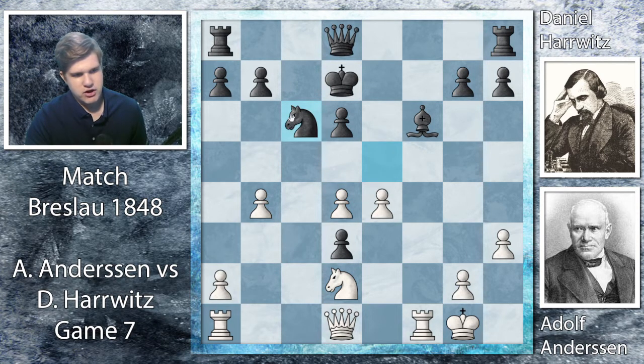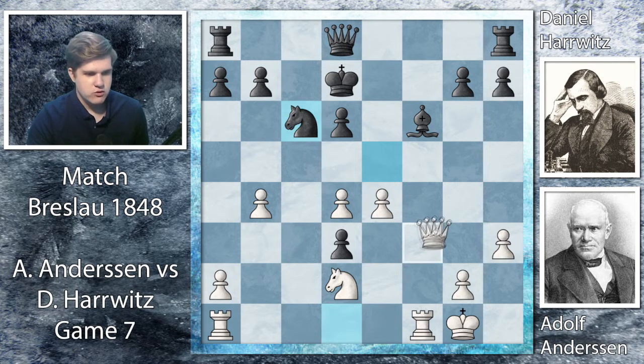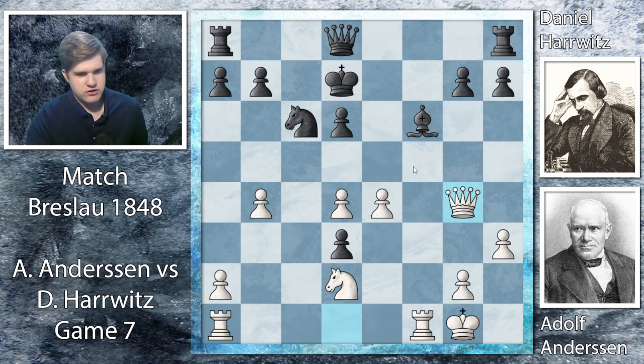And this is part of the problem with the sacrifice. Anderssen doesn't really have any initiative, and it's actually Harrwitz that's doing all of the attacking right now. So what do you do here as Anderssen to try to make something happen? Well, we have queen to g4 check. But as previously mentioned, Harrwitz can escape through the dark squares with king to c7, and now rook a